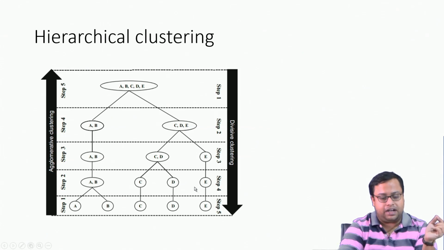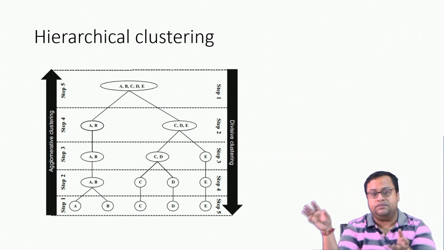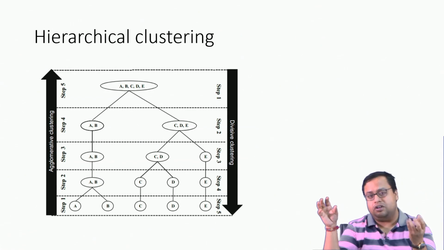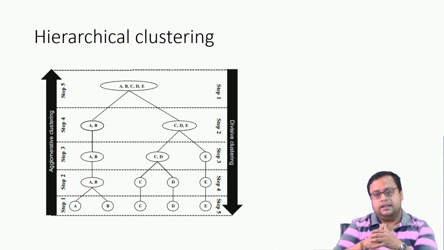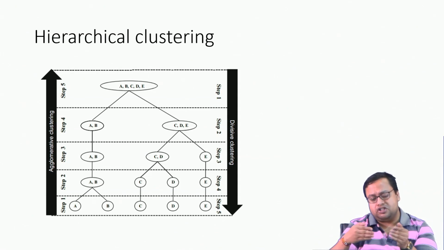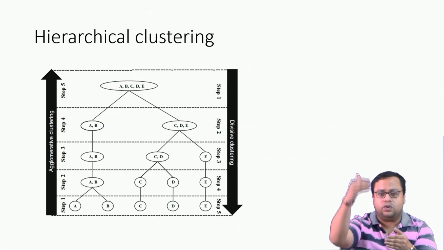A, B gets joined, and then C, D, E. Now, for further analysis I have to find the distance of C, D, E with the joint A, B as a segment rather than A individually or B individually. Next I see probably C and D should be joined. So, I join C and D. In the third step I have 3 segments, and then I join CD and E, and then I join ABCD. So, I slowly go on joining.